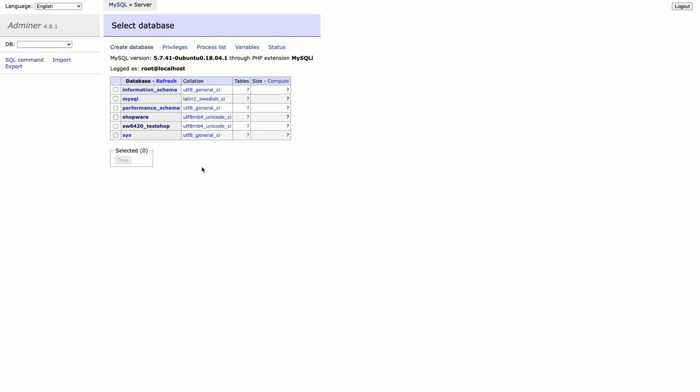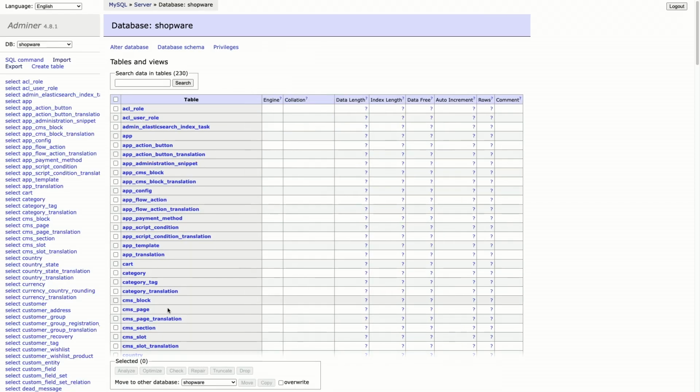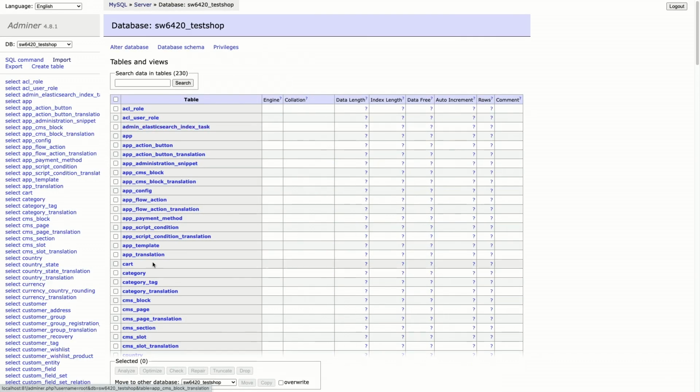So now we have already exported the tables from the live environment database and imported them to the test environment database. And as you can see, the live environment tables seem similar to the tables in the test environment.